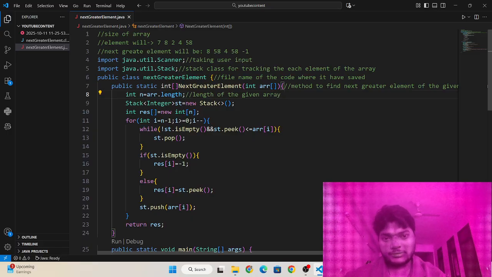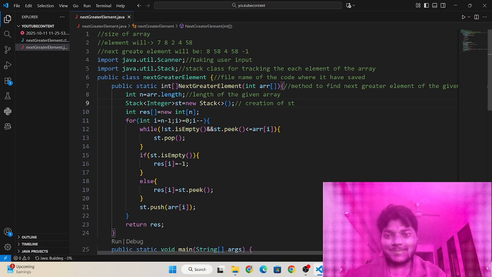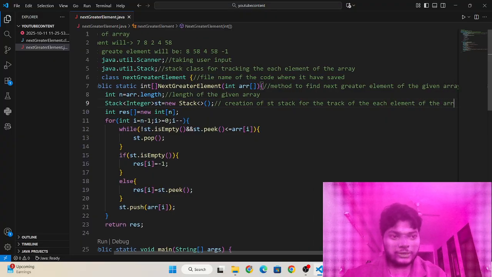Okay, and this is the creation of the stack for tracking each element of the array.